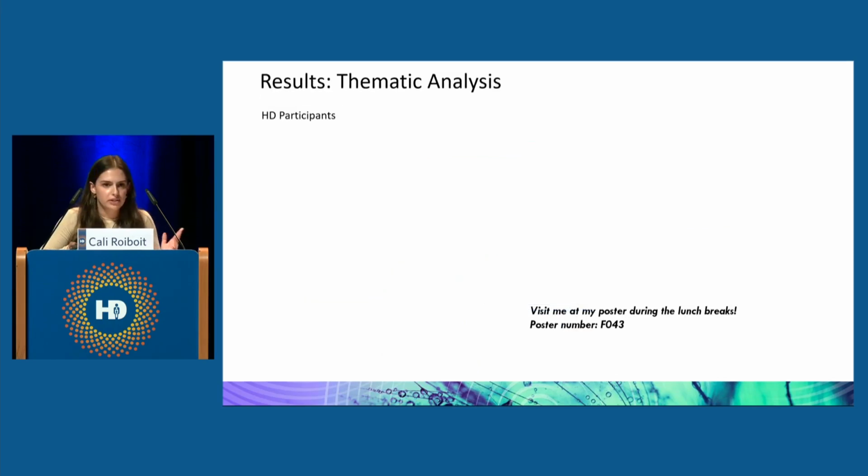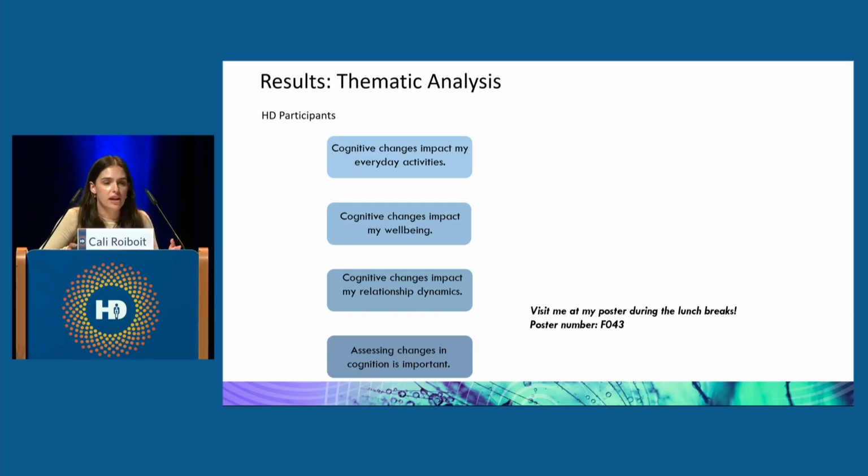So I won't have an opportunity today to discuss the results in great detail or discuss the results from our care partners, but if you're interested, please come to my poster and I'm happy to discuss it further. Basically, we used thematic analysis on the interviews to identify some key themes, and for our HD participants, we identified 4 key themes in how they felt cognitive symptoms were impacting their day-to-day life, as well as their view on